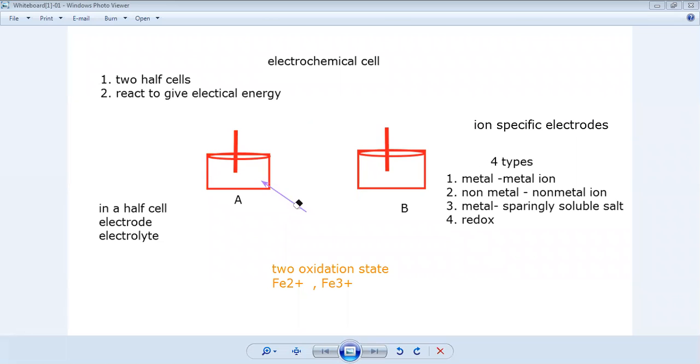They are also called what? Ion specific electrodes. Is it clear for you, everyone? Okay. Now there is a what you can say